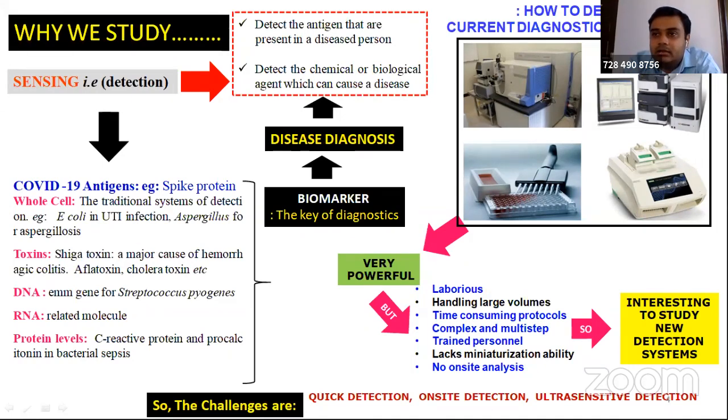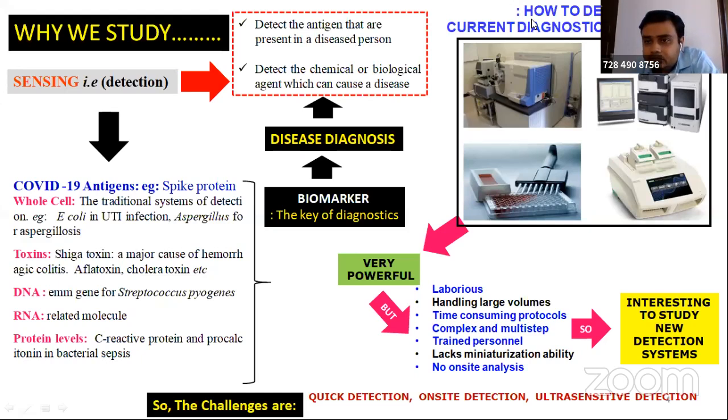You can detect lead. You can detect a bacteria in the water. So the bacteria has not caused the disease so far, but there is a possibility that bacteria or mercury can cause a disease. So it is not necessary that the molecule you are going to detect should be in your body. It can be in environmental samples also. It can be in the air also, right? So this is the basic idea.